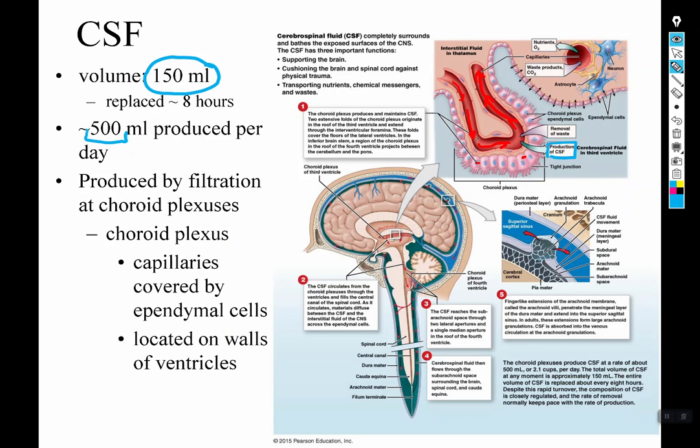Assuming that filtration and reabsorption are matched in rates, you should have consistently this number, but it's not the same 150 milliliters all day. So it's replaced about every 8 hours, and the rate of